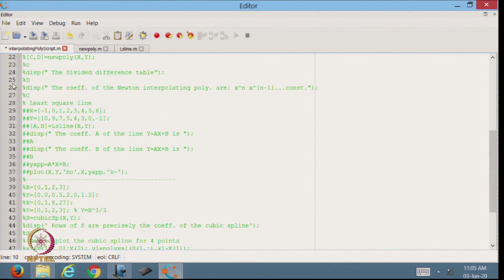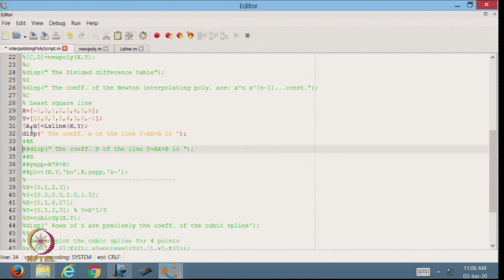Suppose I am taking this x, the x coordinate, and this is the y coordinates we are going to take. Now, I call the function LS line from here. So, this is the value of a and b we are going to get.